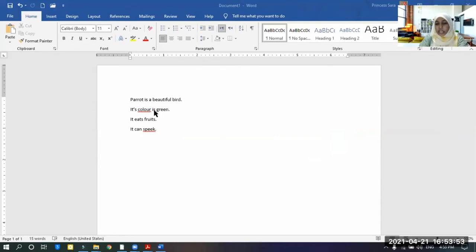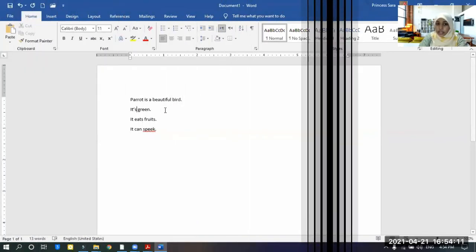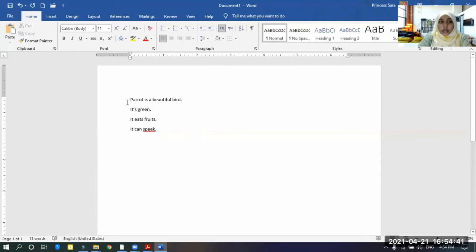So as I told you, we will open the document and we will write something on it. I have written about the parrot, right? So if you can see, there are red color lines under some words. Okay. So if red color is shown under a word, it means there is a spelling mistake. Okay. Now, one by one, let's learn. Here, these are quick tools, right? Save, undo, redo, open new document. Here, open an existing document, right?